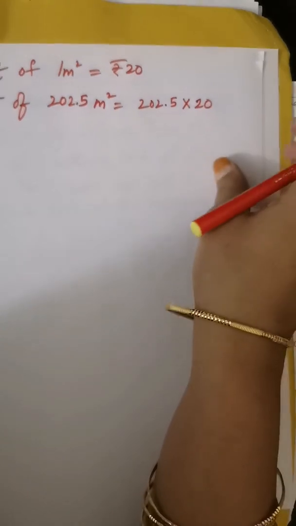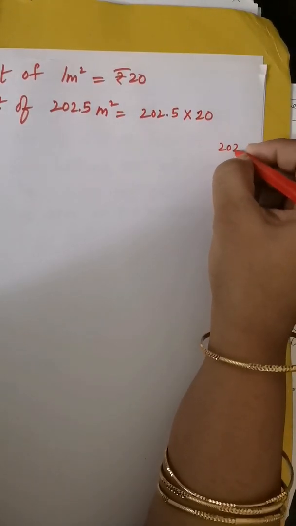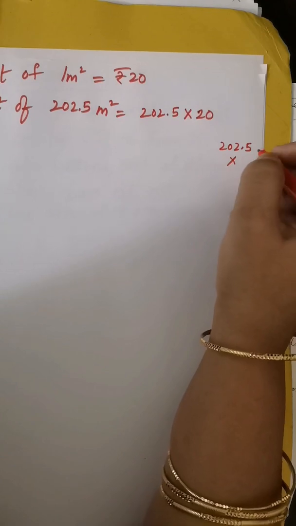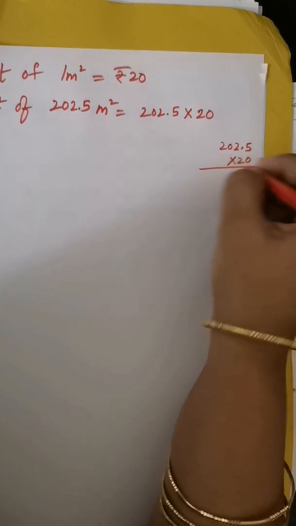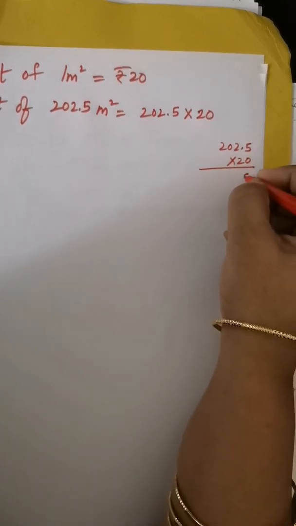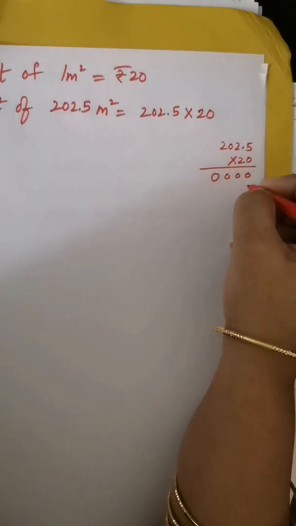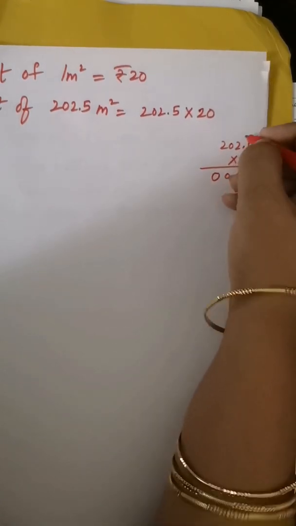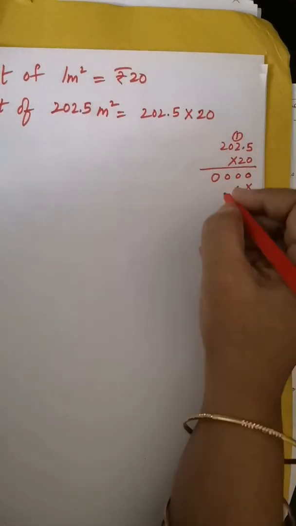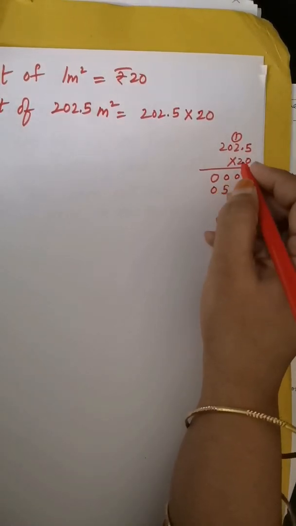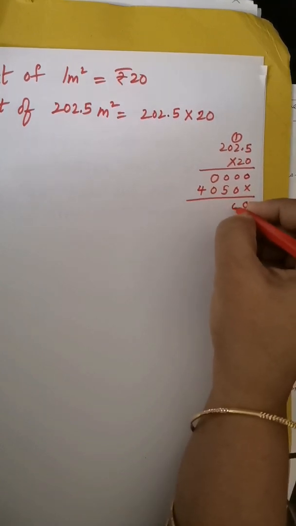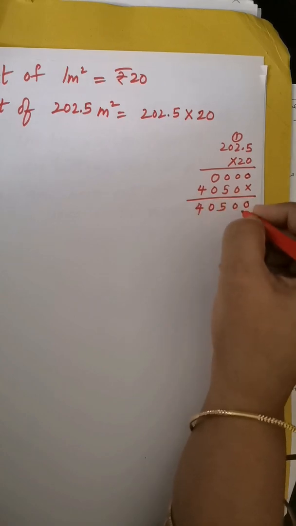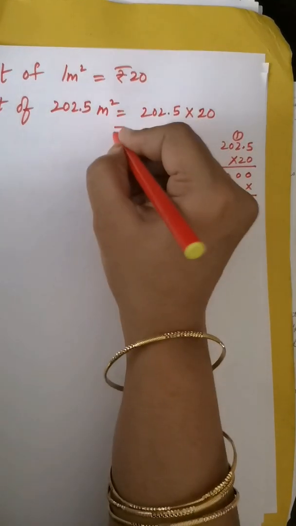So you can multiply 202.5 into 20. 0, 0, 0, 0. 2 5s are 10. 2 2s are 4. 5. 2 0s are 0. 2 2s are 4. So 0, 0, 5, 0, 4. One number dot. So the cost will be